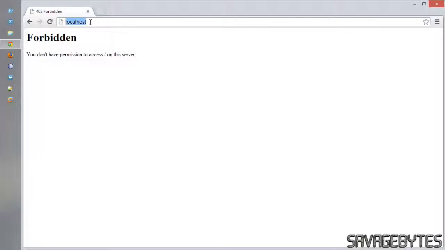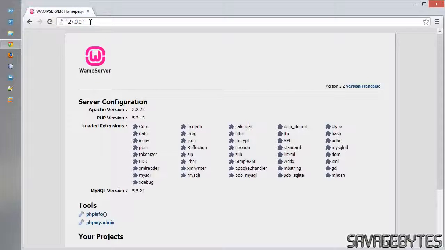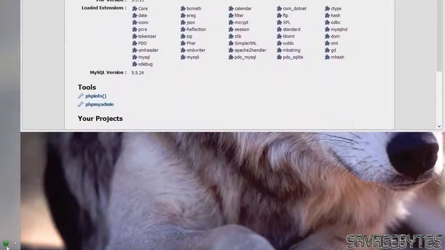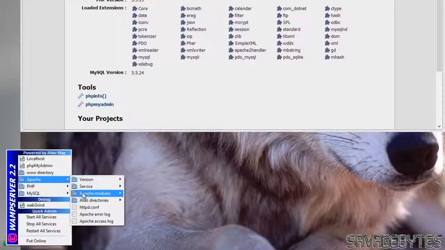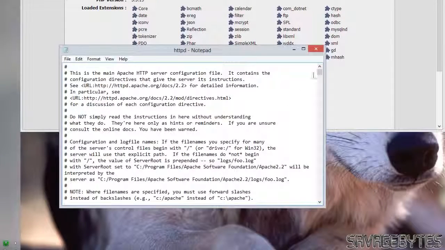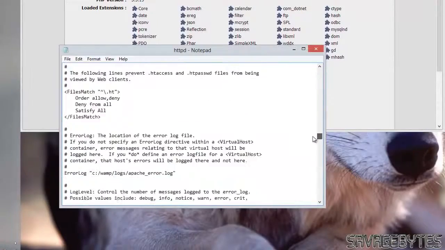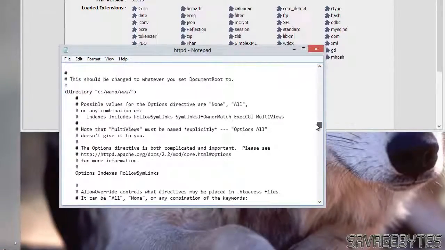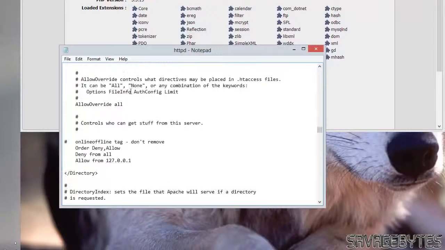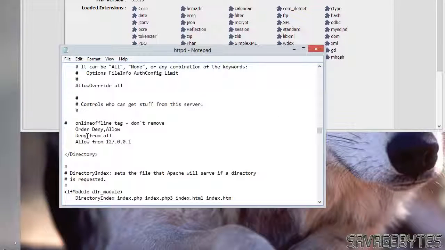In my case there's a permissions problem, which will be a problem in the httpd.conf file, but 127 is clearly OK, so we'll have to open up the httpd.conf file and just make an alteration. Yeah, so if we just scroll down, find the appropriate line. Yeah, C:\wamp\www. And as we can see, it's set to allow from 127, which is why that was working. But what we want to do really is allow from all. So if we change that,